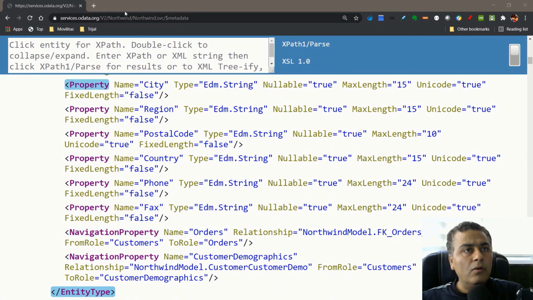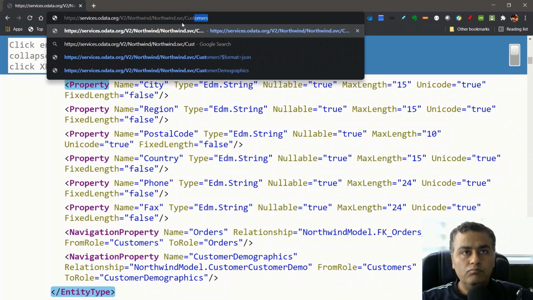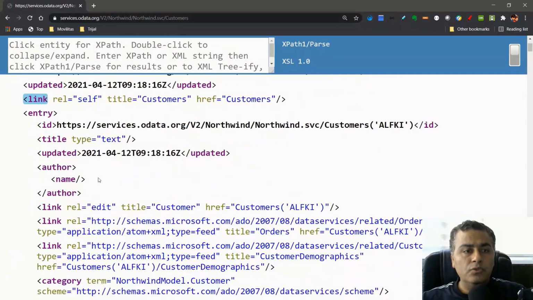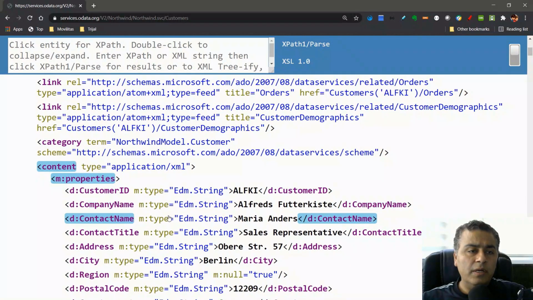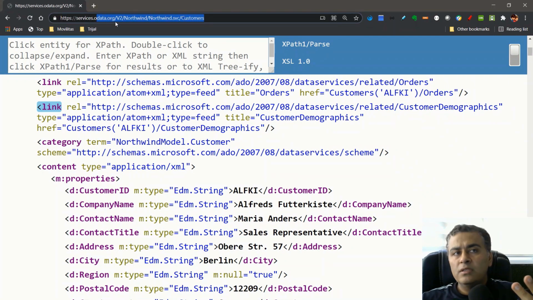So till now we have understood that okay, this is the service root, and in case you want to request any resource, then you have to provide the entity set name, which is nothing but a resource, and it shows you the customer's detail like customer ID, company name, contact, contact titles, and all. Right, now coming to the, so we knew about these two things, that okay,